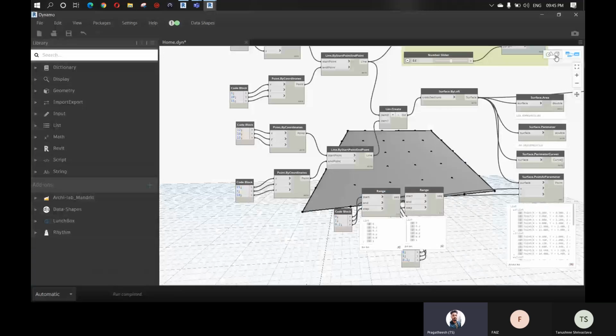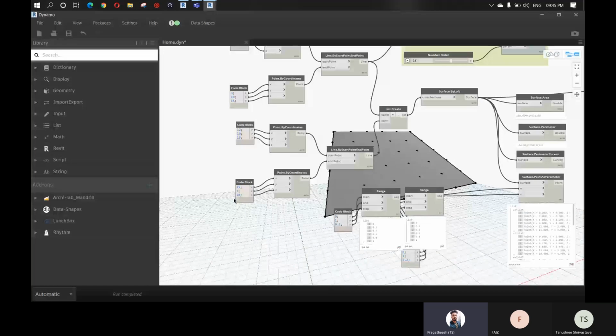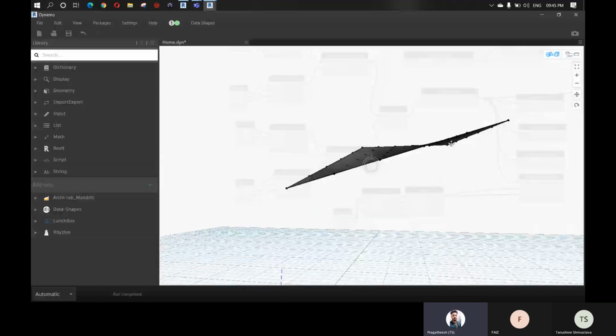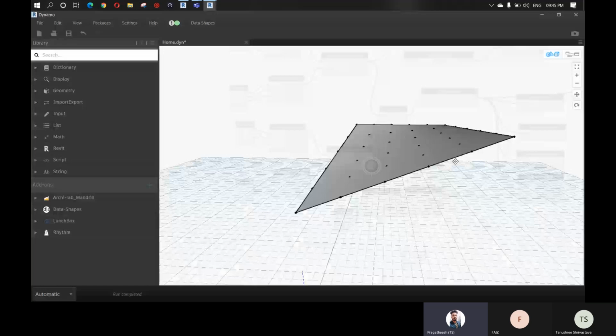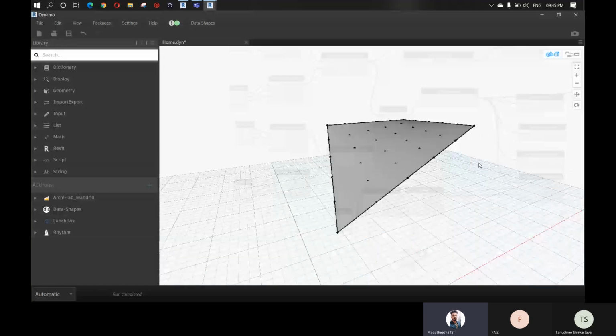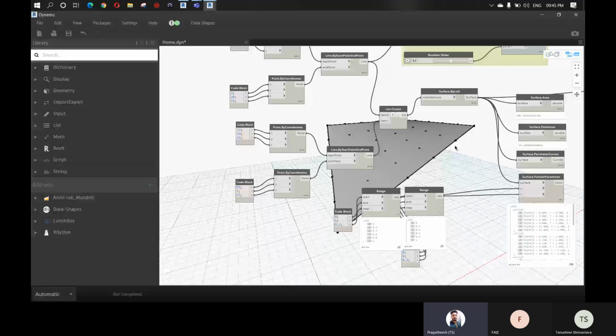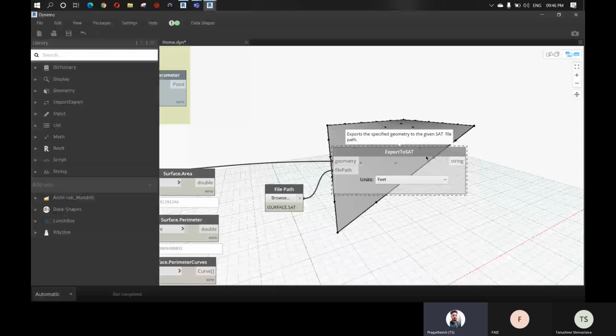If it's 10, it will be like this. I'll change it a little bit. Let's say 15. Okay, fine. Now I just changed some of the values, and I changed the shape of the canopy. Now I'll unfreeze this and run.